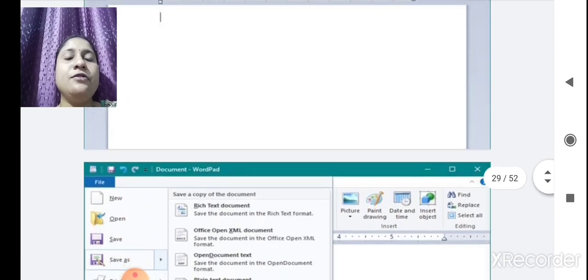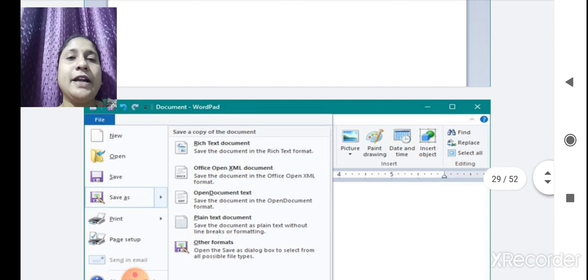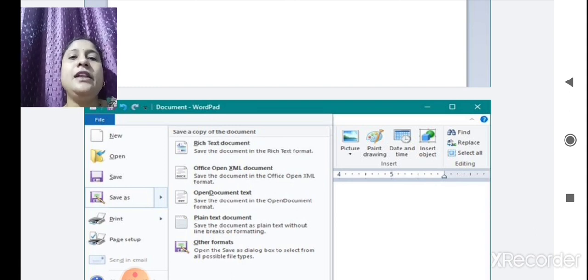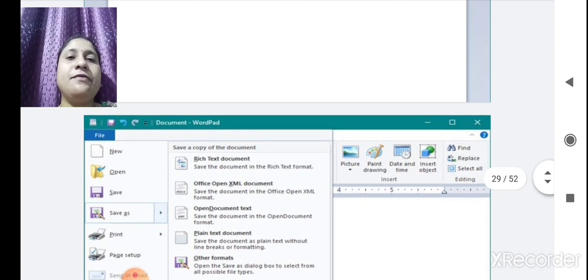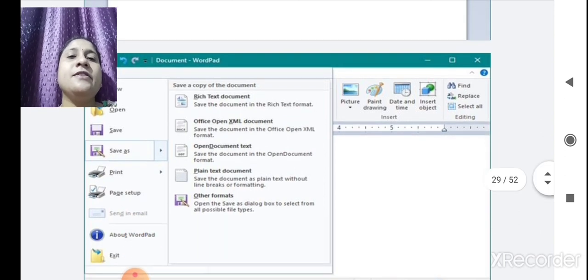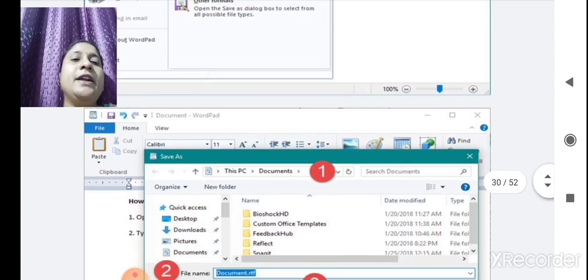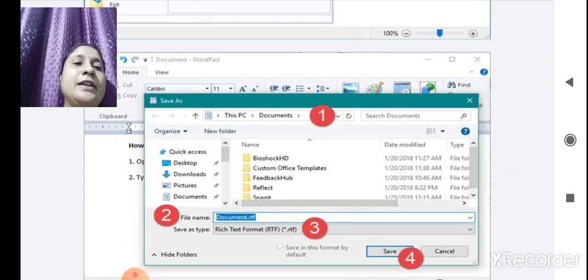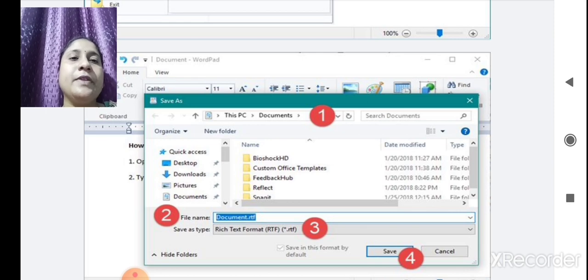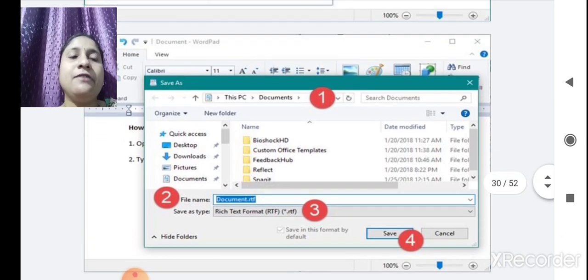After that you have to click on file. Here it is given a file. In the left hand side corner there is a file. You click on that and a menu will pop up. In that there is a save as button. After clicking on save as, a dialog box will open. In that you have to write your file name and click on the save button. Your file gets saved. In this way your file will get created.